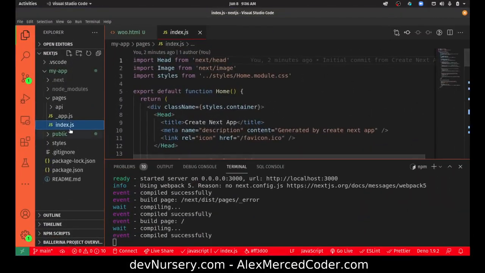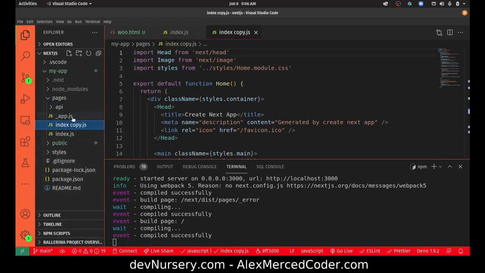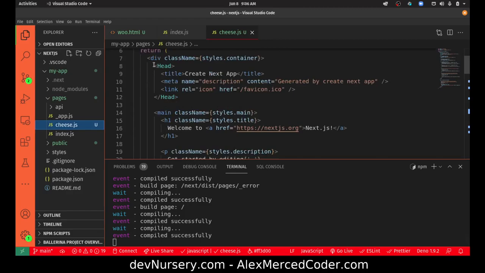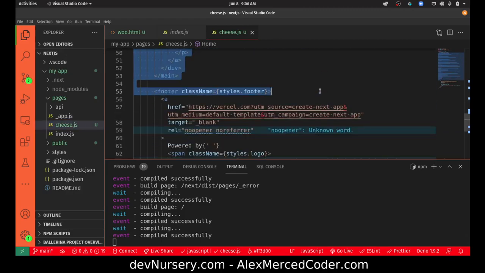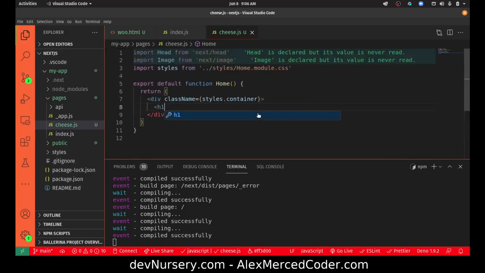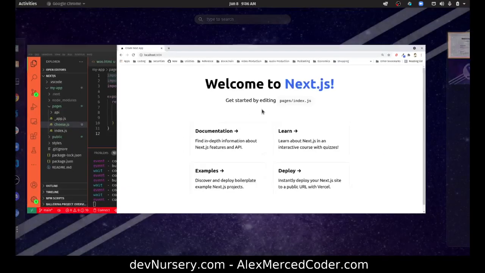Now if I were to copy this file, and then paste it in pages and create a file called cheese.js, what I want to do is get rid of pretty much all the content in this cheese file. So now it's pretty much just a div. We'll put h1 cheese. What's going to happen is this function is the component. So again, this is a component that's being export defaulted. It's going to treat that as the code for the page. So then when I go to /cheese now,